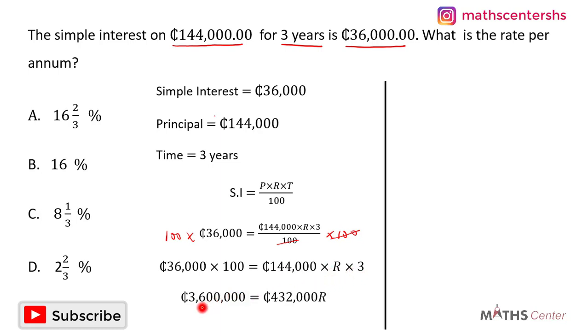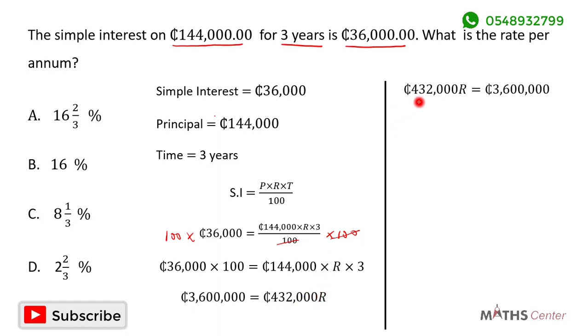And this will give us 3,600,000 cedis is equal to 432,000 cedis times R. So we have 432,000 cedis times R is equal to 3,600,000 cedis. So to get R, we will divide both sides by 432,000 cedis, and this will give us R is equal to